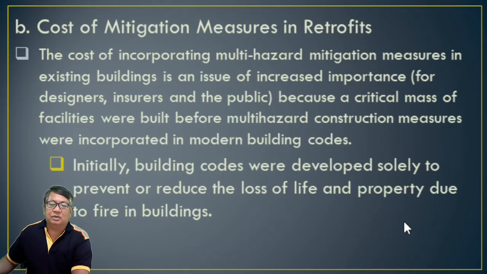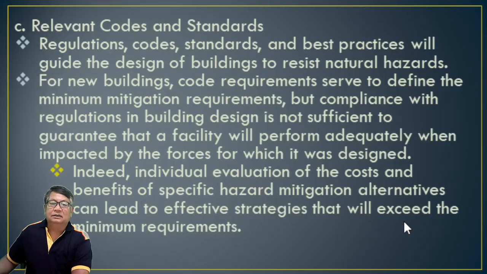Initially, building codes were developed solely to prevent or reduce the loss of life and property due to fire in buildings. Okay, so we have these relevant codes and standards. Okay, regulation codes, standards, and best practices will guide the design of buildings to resist natural hazards. For new buildings, code requirements serve to define the minimum mitigation requirements, but compliance with the regulation and building design is not sufficient to guarantee that a facility will perform adequately when impacted by the forces for which